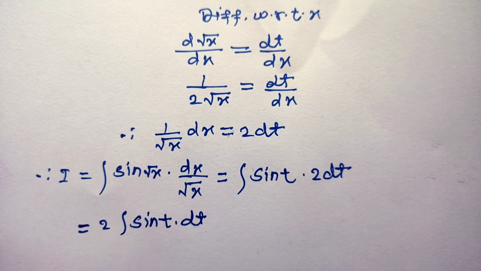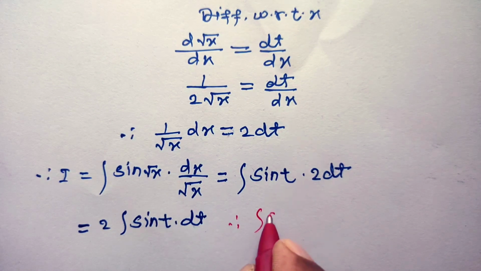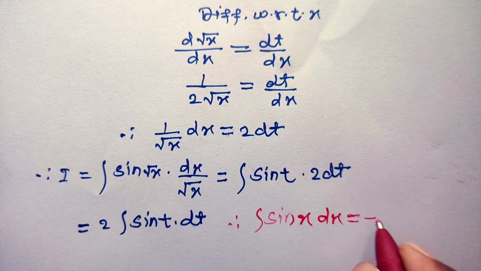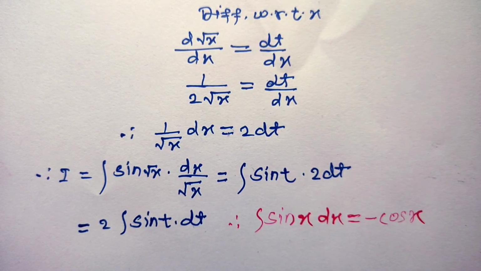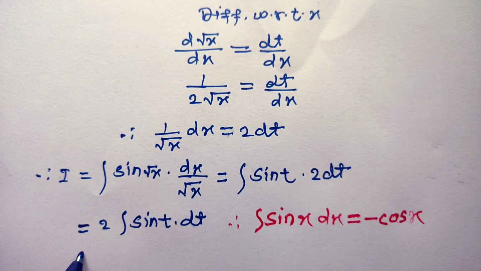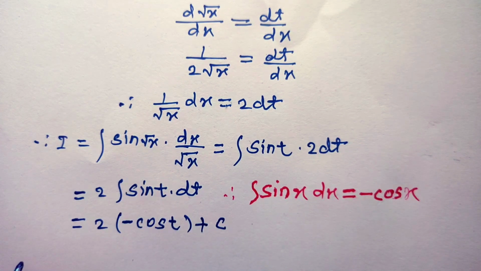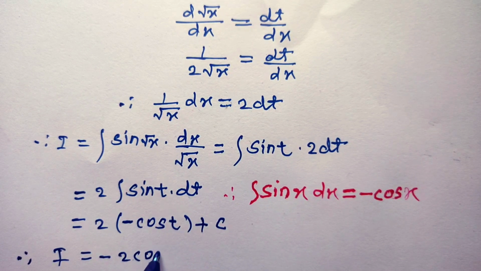respect to t. And since we know integral of sine x, integral with respect to x is minus cos x. Hence, this is equal to 2 times integral of sine t is minus cos t, and this is indefinite integral, so we have to add integral constant c. Hence, I is equal to minus of 2 cos t plus integral constant c. This is value of given integral,